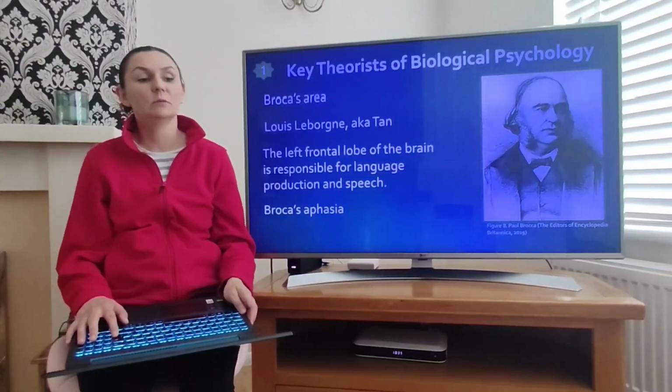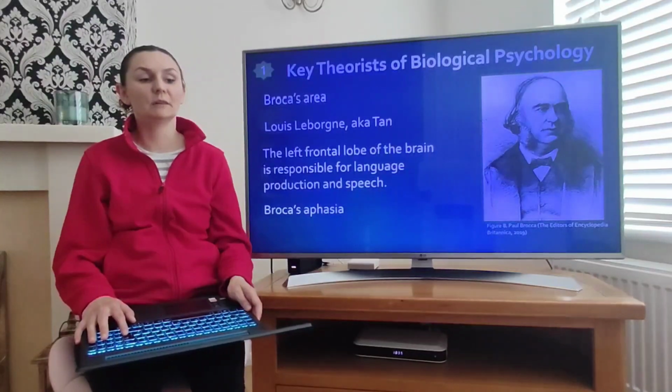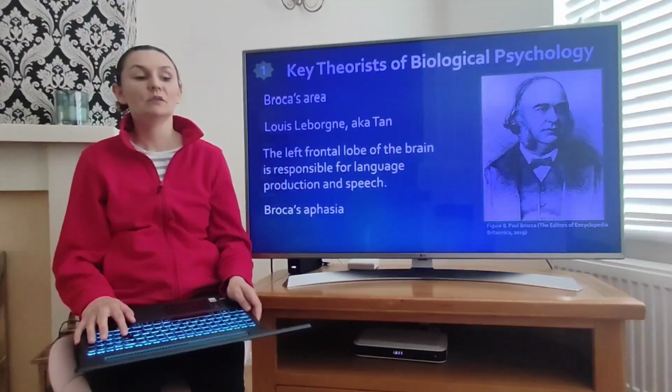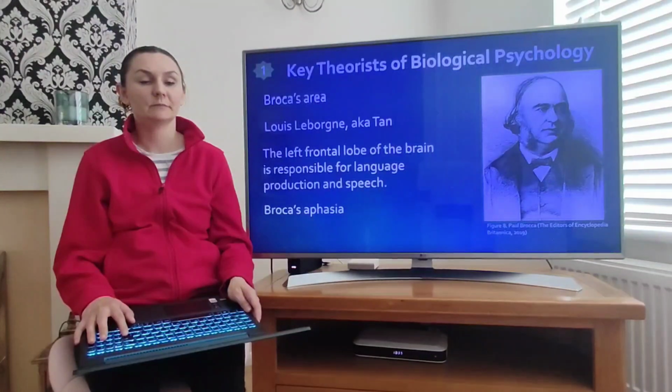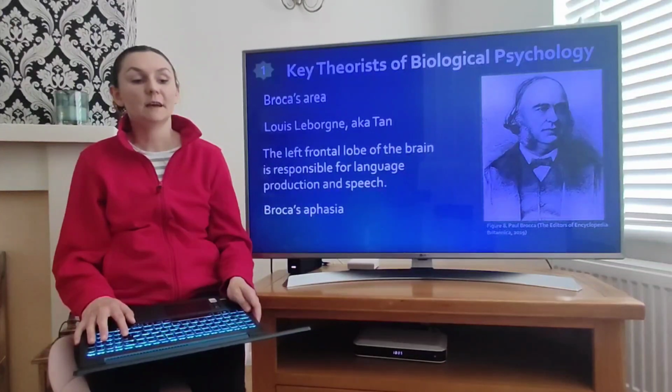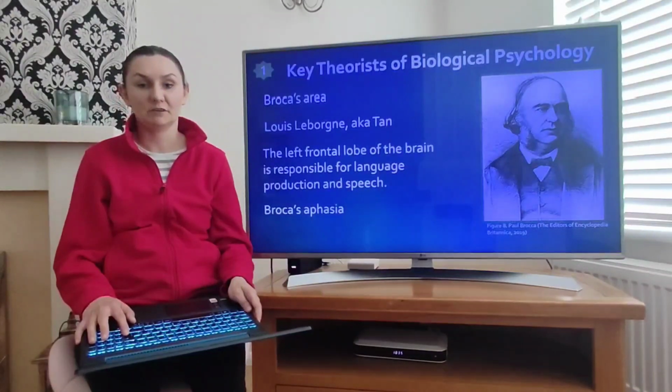The main experiment was based on a patient, Louis Le Bon, who suffered a stroke and lost his ability to speak. One of the words he could say was "tan," and this word became his nickname in the research. Upon Tan's death, Broca conducted an autopsy, which revealed damage to the left frontal lobe of the brain. Broca proved the link between this part of the brain and speech ability. Later on, this defect caused by head injury, stroke or infection was medically called Broca's aphasia.